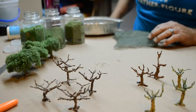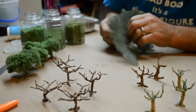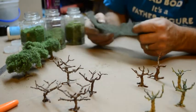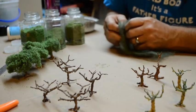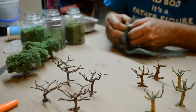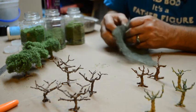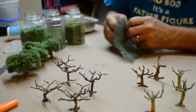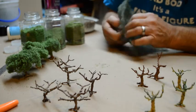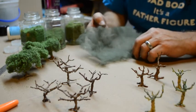Alright, let's finish up these trees. To make the canopy, to make the top, I use this batting material. It's not very soft, it's very coarse, but it's used to wrap pillows. Not baby blankets, it's not that soft, but it's just a coarse batting material, and I've spray painted it with an olive green just to make it a dull color,